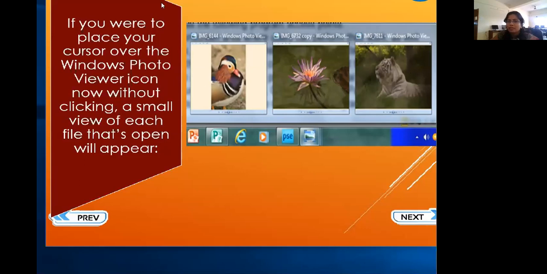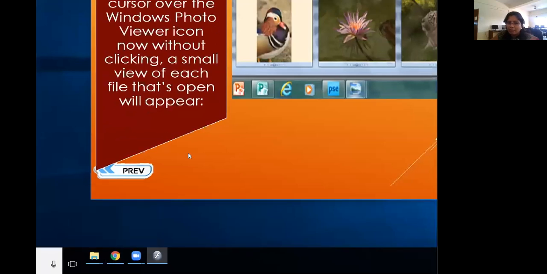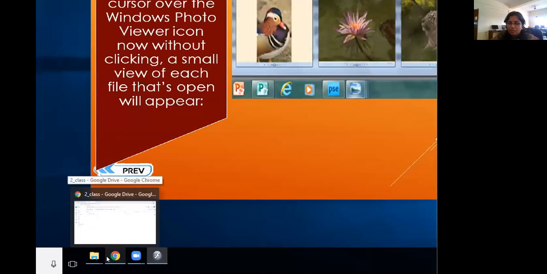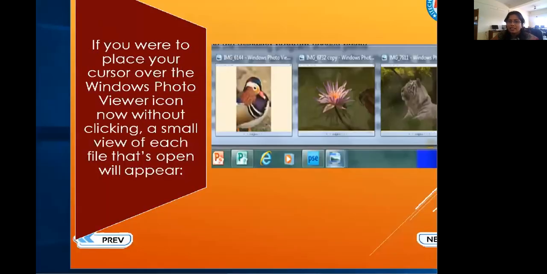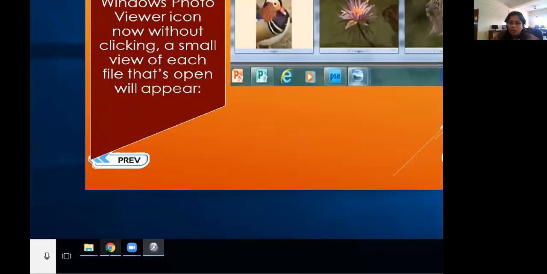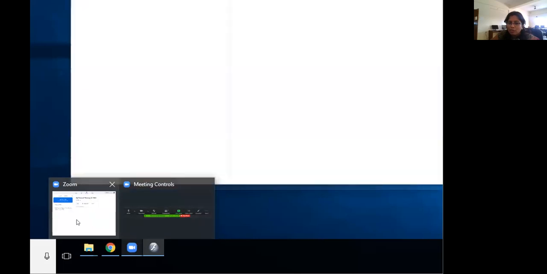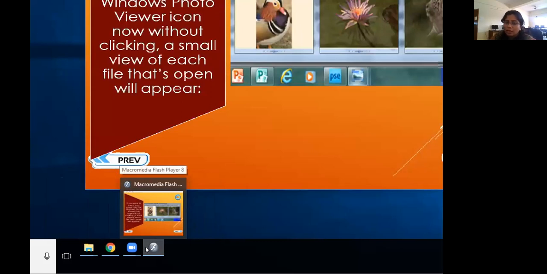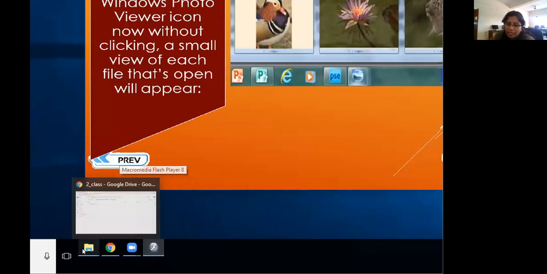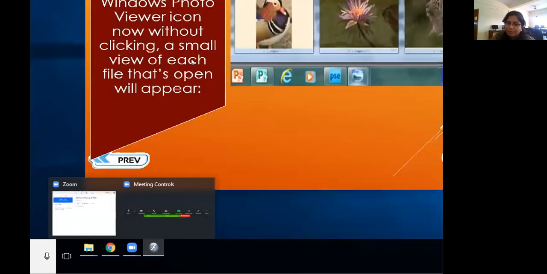Now imagine, see here. When I'm not clicking anywhere, I'm just bringing my cursor here. It is popping up and showing what is happening behind this task, and how many pages are open, how many Google Chromes are open. Only one is there. Zoom app, see, two. In the Zoom app, there are two windows open, so it's showing me two windows. Here one PowerPoint is open, so it's showing me one only. Here one explorer. See here, two explorers are there. That's why it's showing me two explorers, right?